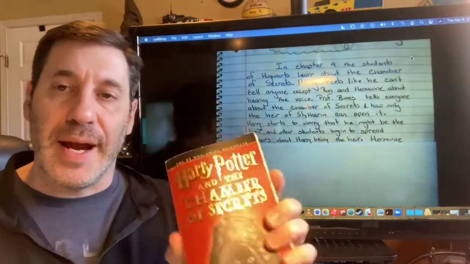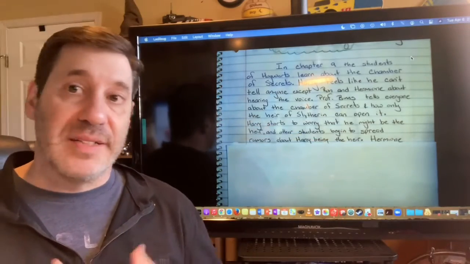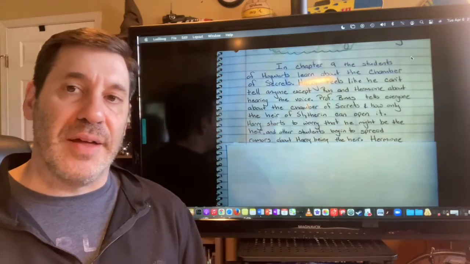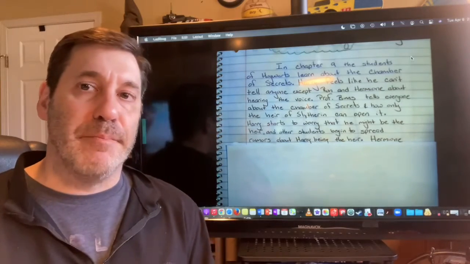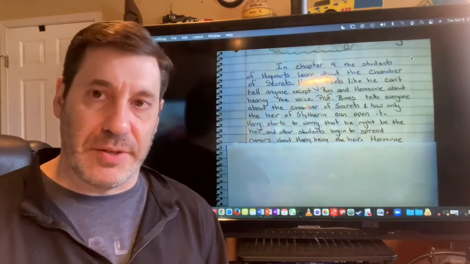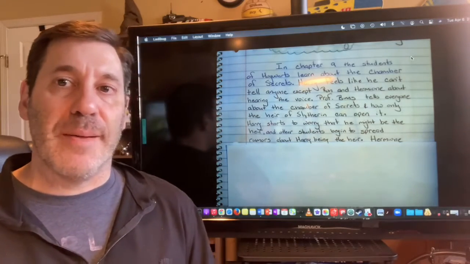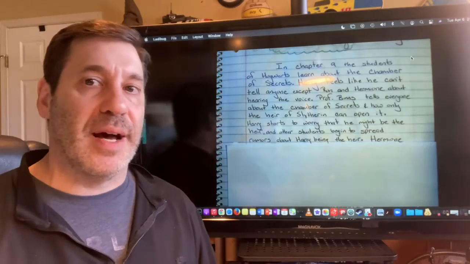The story is Harry Potter and the Chamber of Secrets. It's not Ron Weasley and the Chamber of Secrets. It's not Hermione Granger and the Chamber of Secrets. It's Harry Potter and the Chamber of Secrets. So while those other characters are important, and we do definitely want to talk about them, the character we have to focus on is always Harry.